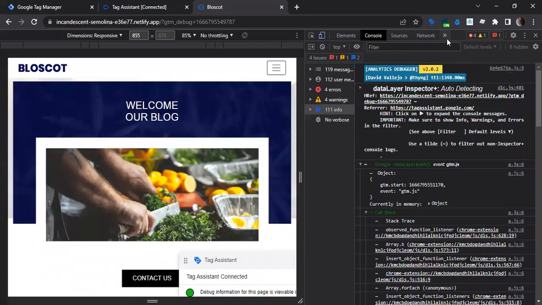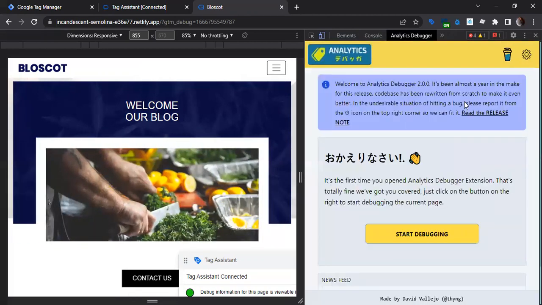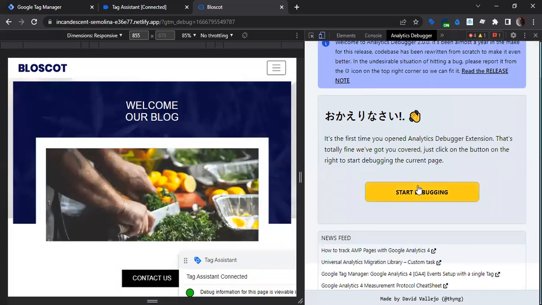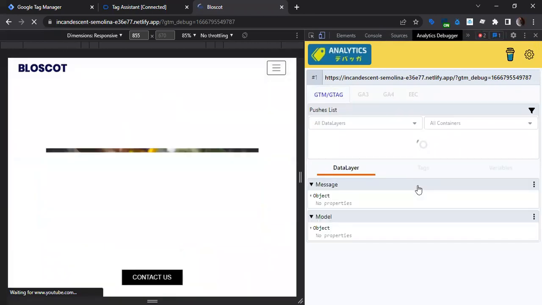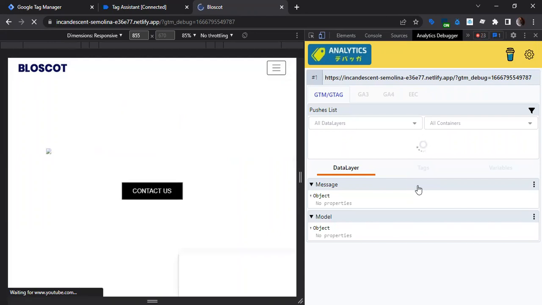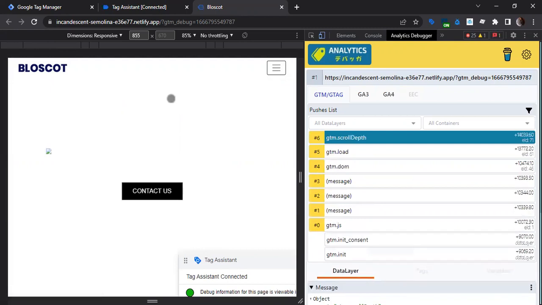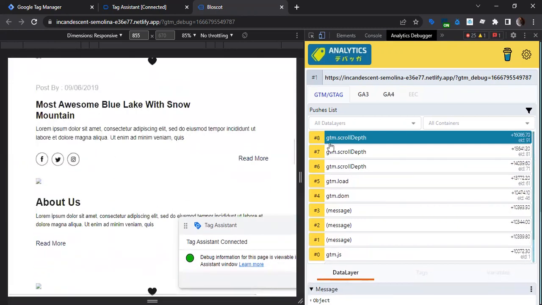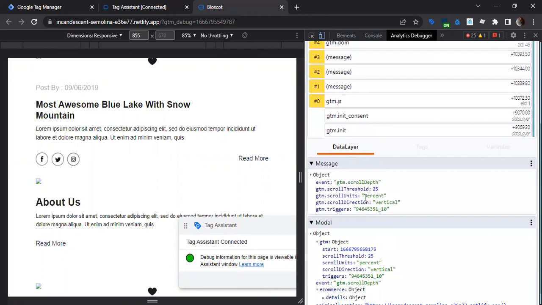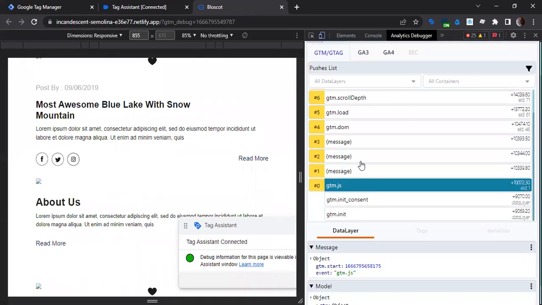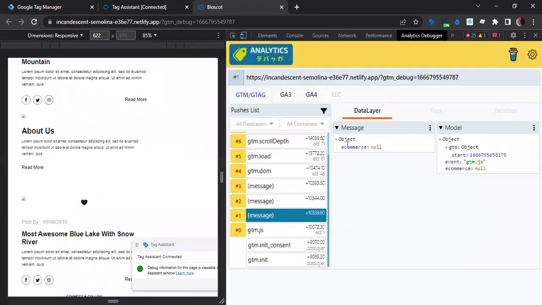Now, we are going to observe another tool, which is Analytics Debugger. So we'll start debugging. So it refreshed our website, right? And if we scroll a bit, we can see that we have GTM events, and here we have the data layer value also. I select this, I have the value for the data layer as well. Now I go here, then